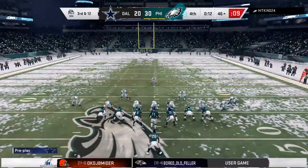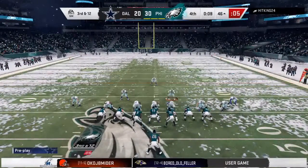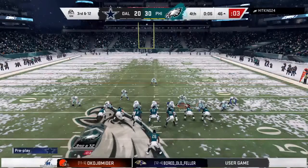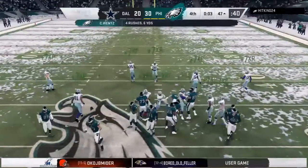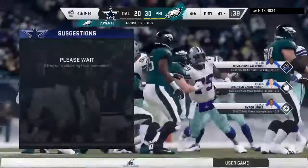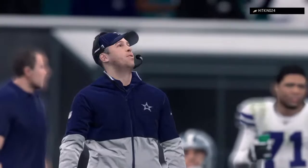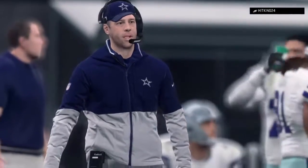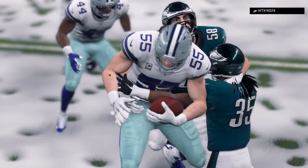So time to start going in the other direction as they come up now 3rd and long. They will take a knee here and cue the celebrations. They are off to the Super Bowl. Really a great season. Not a whole lot to hang their head about. Not at all. And, you know, the winning side, they're so ecstatic. They're going to the Super Bowl. But for the guys that we're talking about,